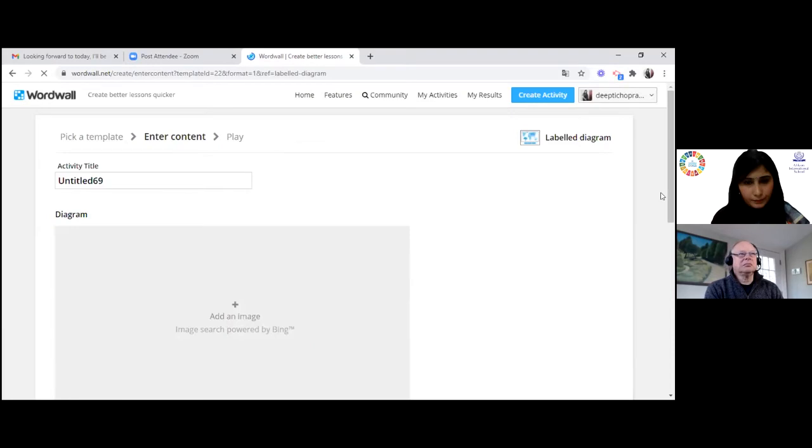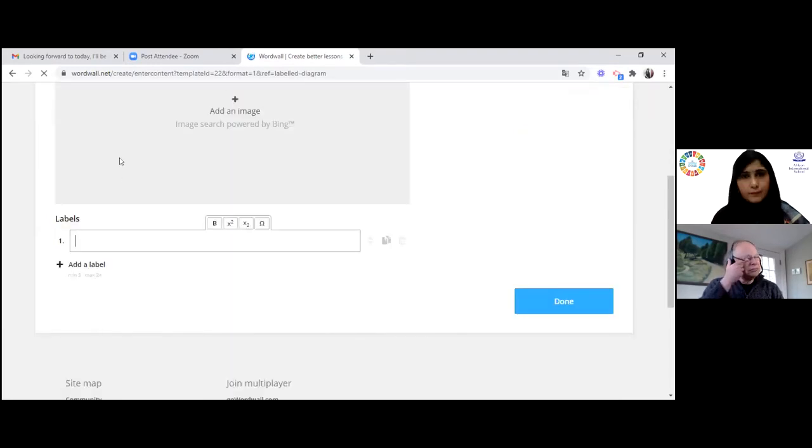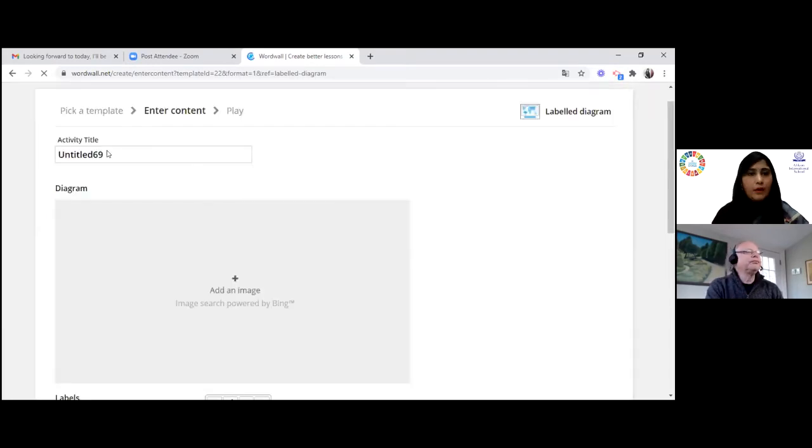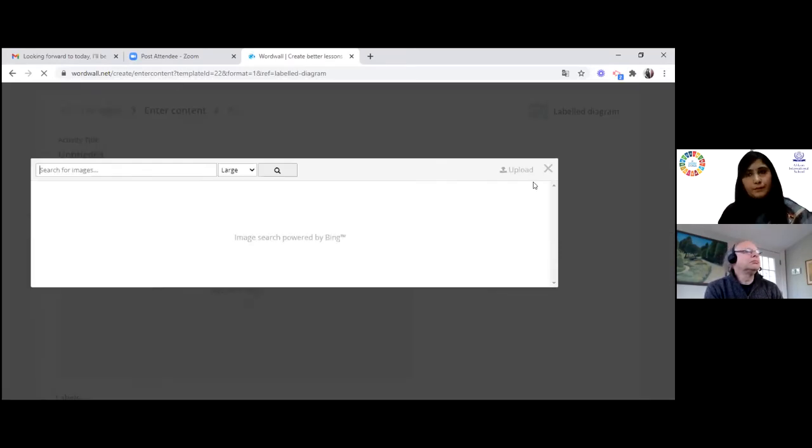For label diagram, I'm going to take the digestive system just to give an example of how students can label the diagram. So here is the game, label the diagram. The first thing is to always give a title to your activity and then move forward.